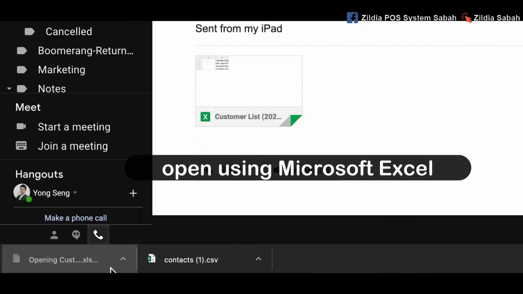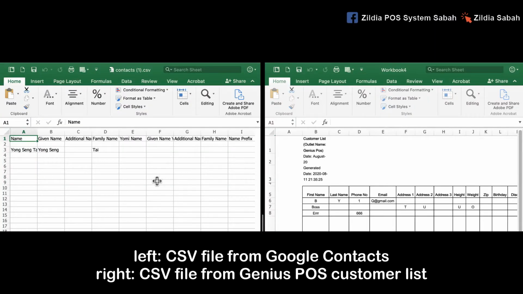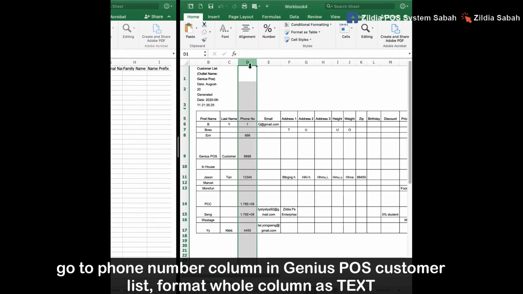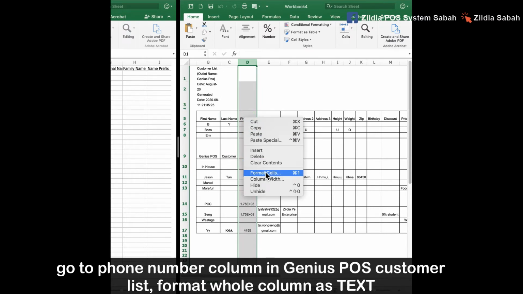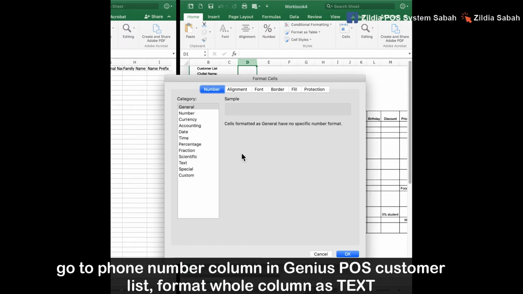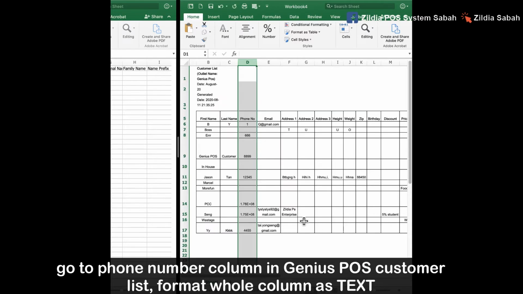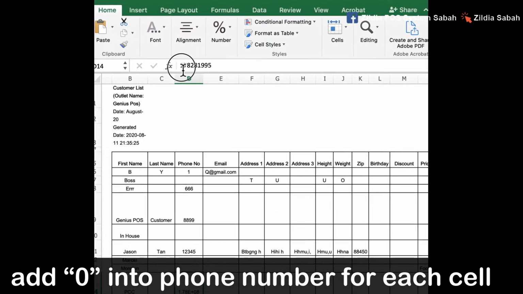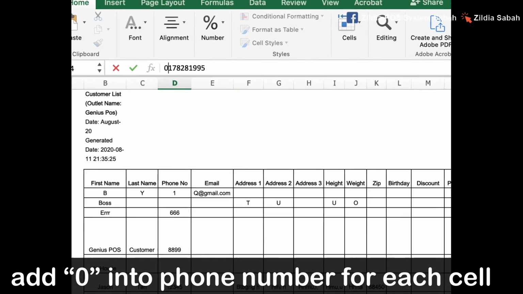Then from here, open it both. So now you've got two files. One is from export from the Google, and another is export from Genius POS. So go to the column of the phone number, right click it, you click Format Cell. Make sure you select as text. You click OK. So for the phone number that, as you can see, without the zero, add a zero here,